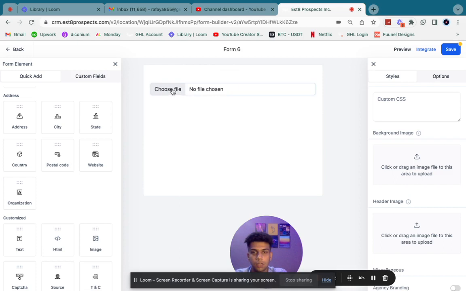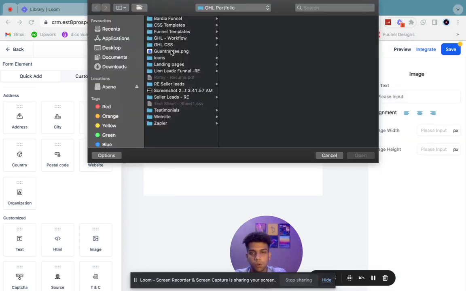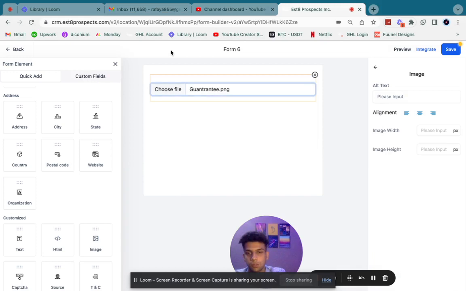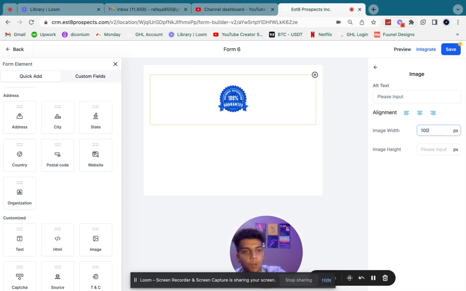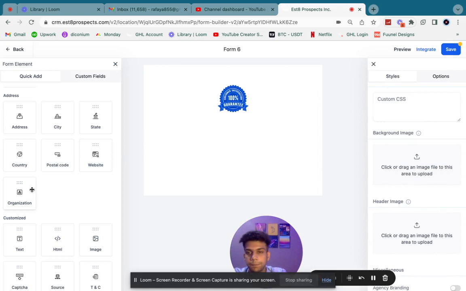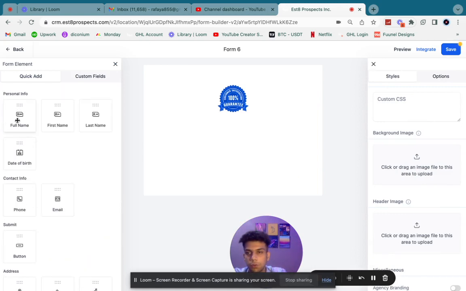Initially, I'm gonna go with an image. Right now, I don't think I have a logo of some sort, but let's just use this guarantee picture that I have, this graphic. So on the right hand side of the screen, we once again have options for styling. So I'm gonna change the width to 100. After that, let's go for full name,